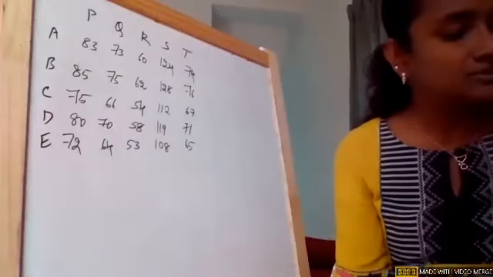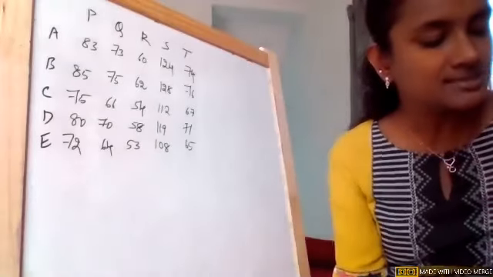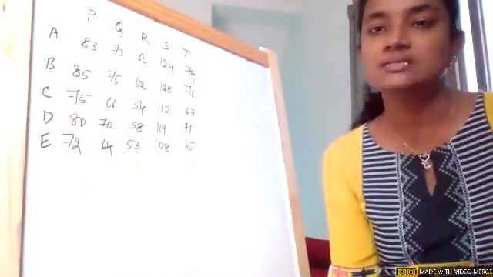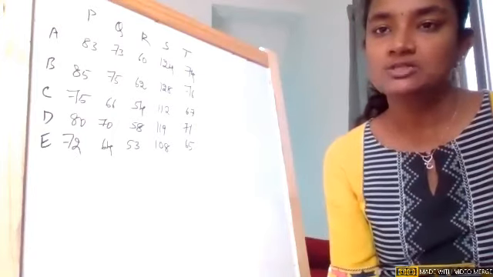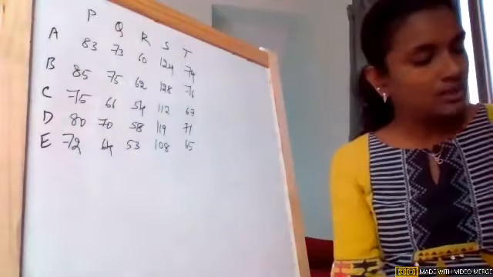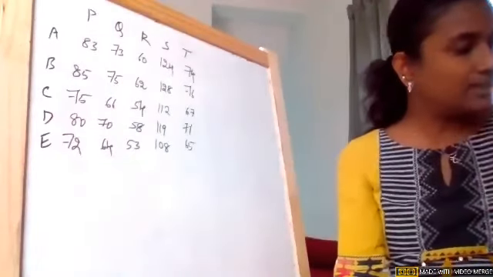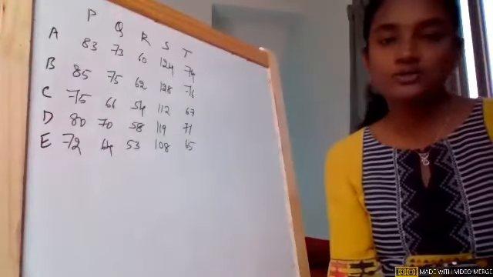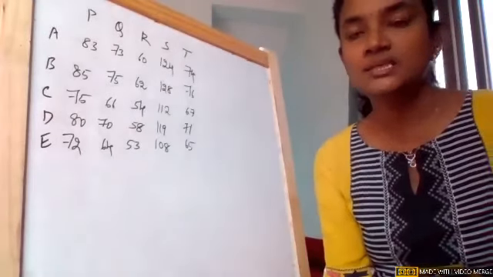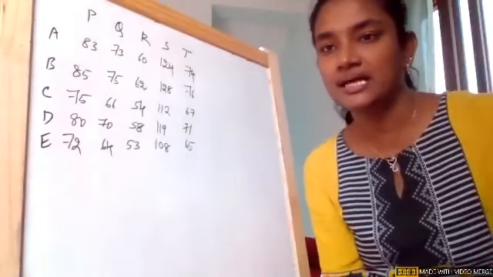And there are 5 jobs, P, Q, R, S, T, and number of pages. That means in each job there are a certain number of pages which are to be typed. So that is what is assigned to them. Now using this, we need to do the assignment problem by allocating the best possible job to the best typist. That is our job. But if you see, the cost matrix is not given to us directly.